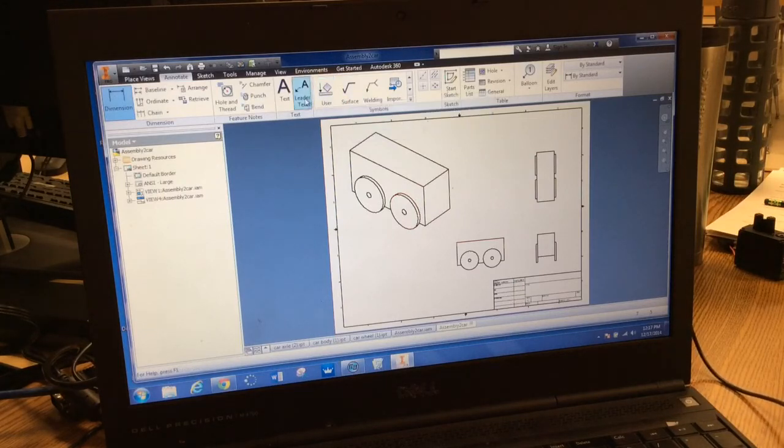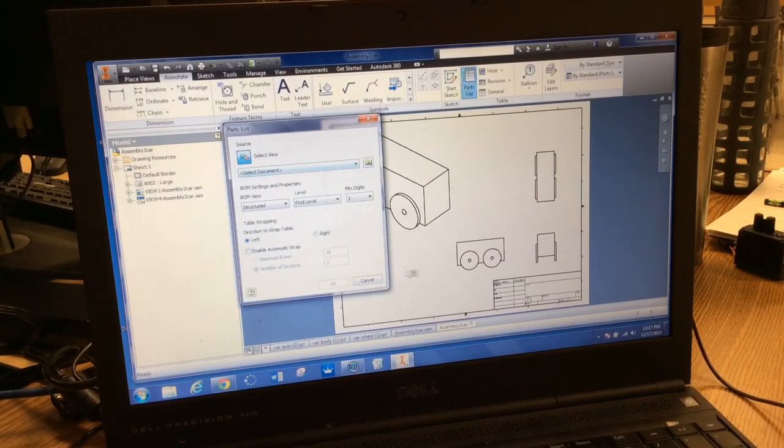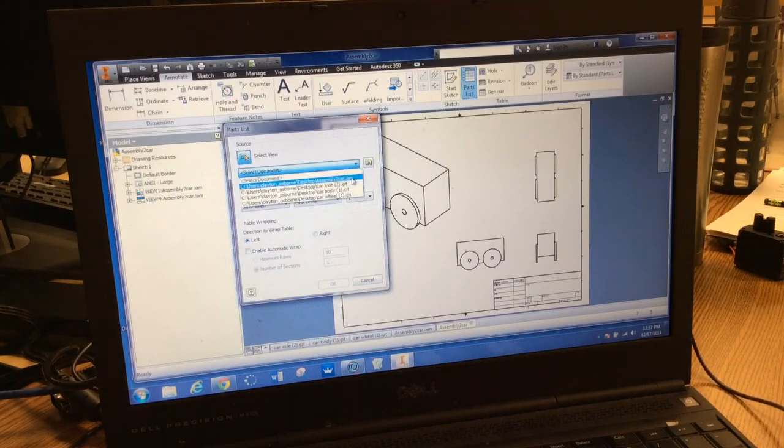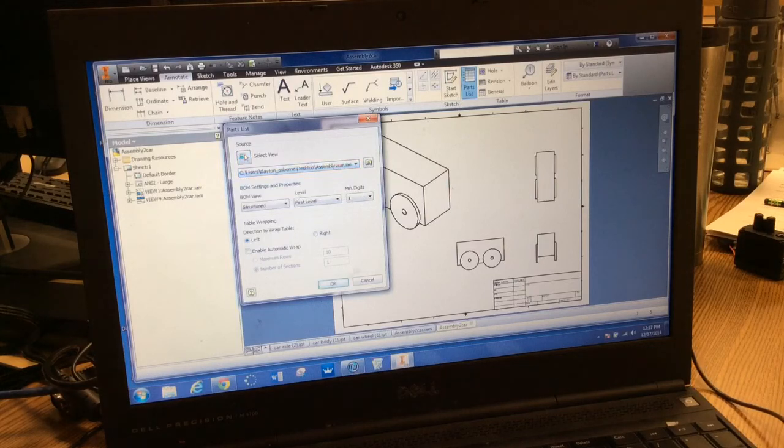using, where is the parts list? There it is. Left click on parts list. I believe if you click on the drop down and then say the name of your assembly, or say the name of the file, so whatever you saved it as on your desktop, select that, then say OK,